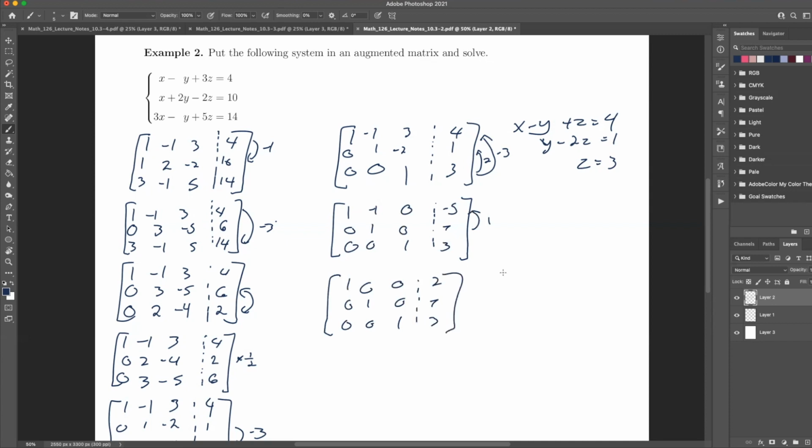All right, now if I translate this over, this means x is equal to 2, y is equal to 7, z is equal to 3. And once again, notice if I plug that in here, I'd get the same answer. So here, I'd get y minus 6 equals 1. Move that over, that's a 7, right? And then here I'll have x minus 7 plus 3. So that's minus,